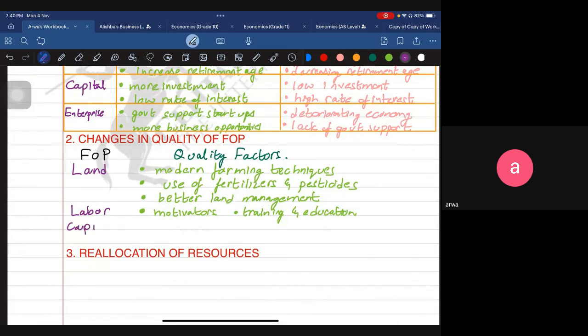Then what about the capital? How can we improve the capital? I think if you keep using machinery for a long time without repairs, without changing some parts of it, it can become slower or the quality of the products that it produces can become bad. So if there's any worn out technology, you should invest a little more in it so that you can repair it. Replacement, that's the correct word. Replacement, plus